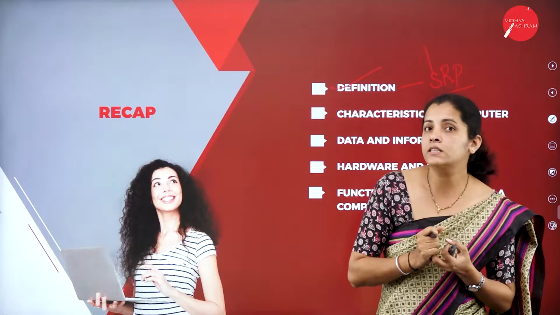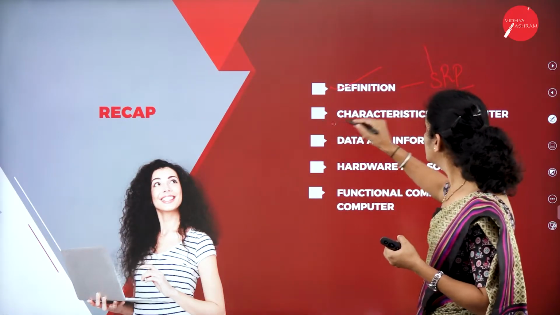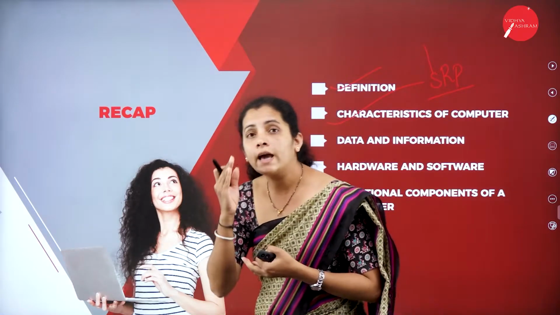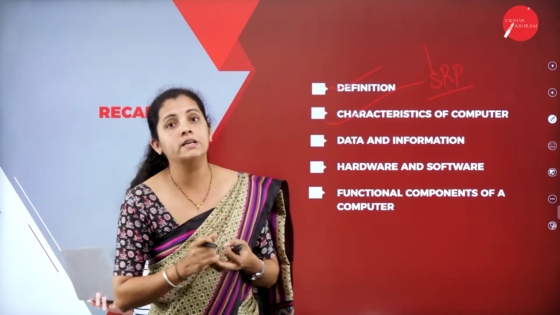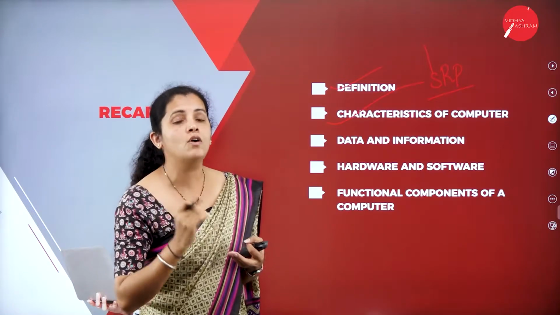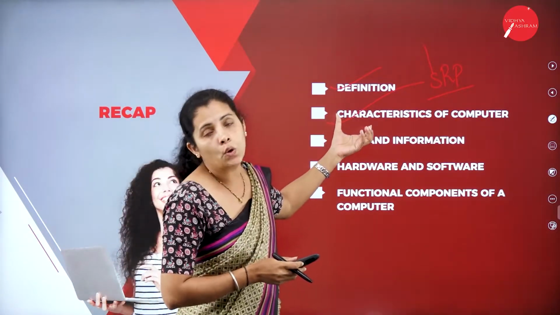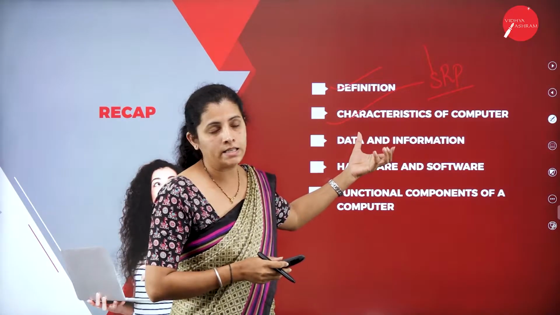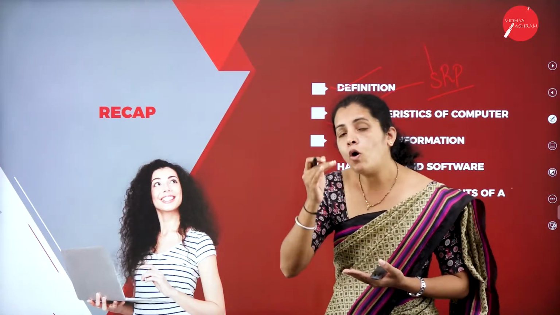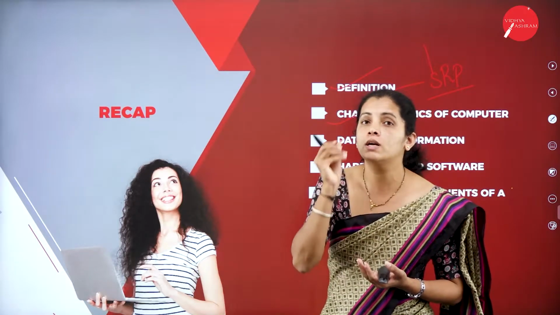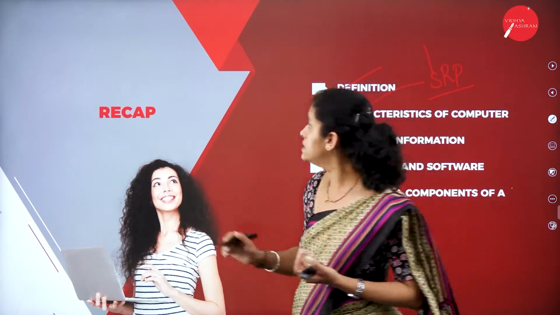Then we had a discussion regarding the characteristics of a computer. The characteristics of a computer are nothing but the features of a computer system. Here we had a total of 8 characteristics. In order to remember all the characteristics of a computer system, I'm going to give one small tip. That is nothing but